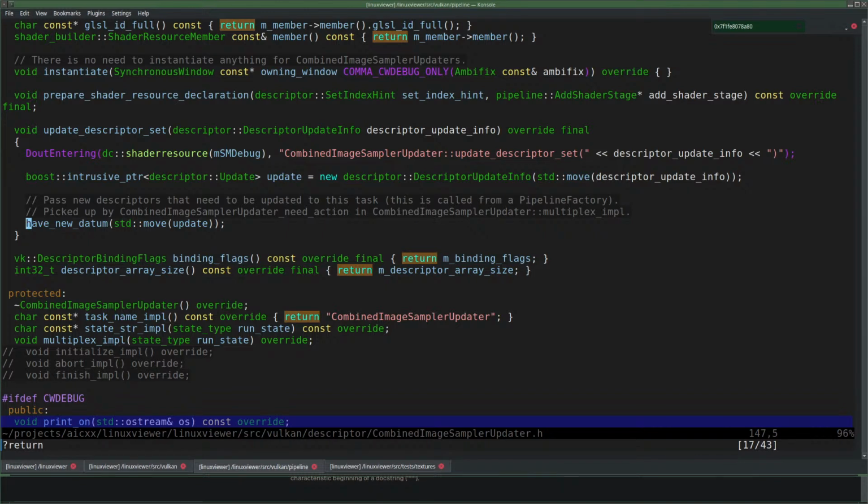Well, and I don't know how to simulate that. But if that is the case, then we should not continue until